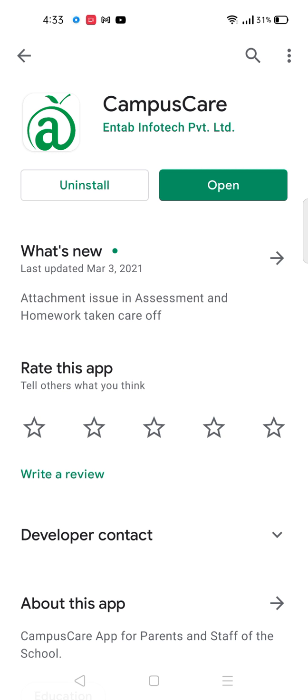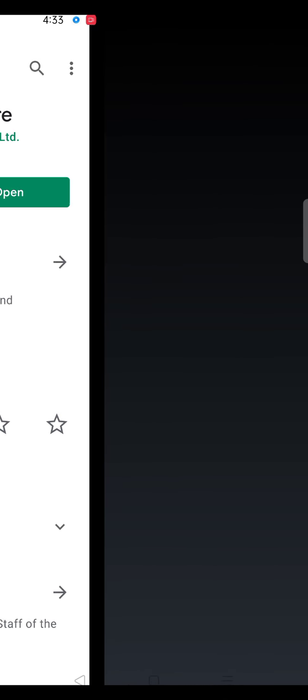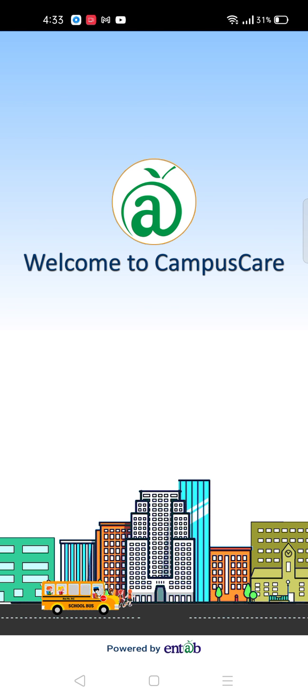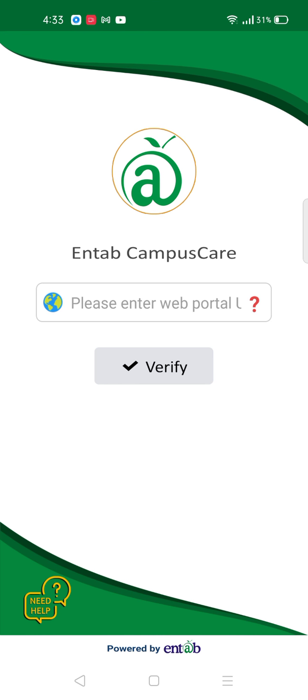So what you have to do is just install it. As soon as you install it, the options will come: uninstall and open. Once you install it, you have to open the Campus Care app. As soon as you open it, some animations will be there and it will ask you to enter the web